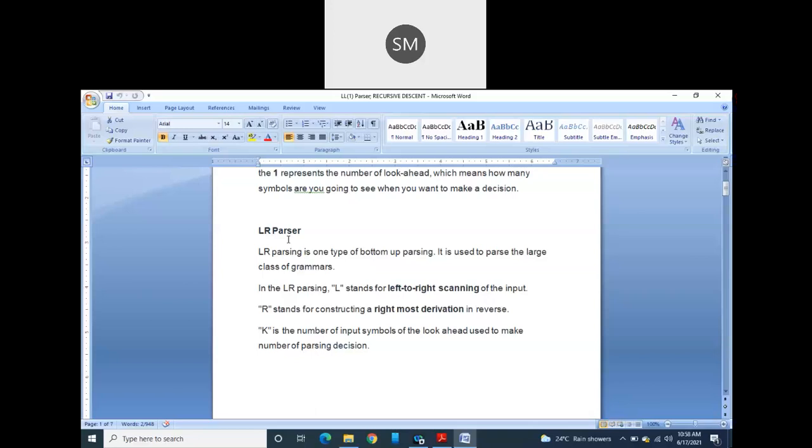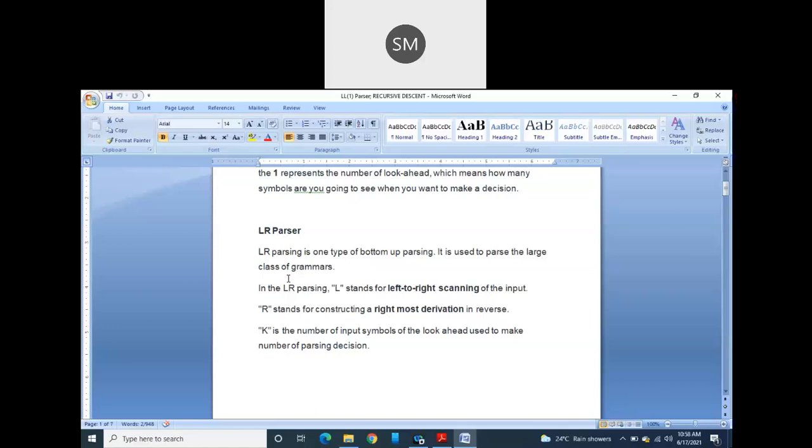Okay, so the second type of parsing or grammars is LR grammar or LR parser or LR parsing. The first L again tells you that you scan the input from left to right. So again associativity is from left to right. Then after that, capital R is there. This R is nothing but you perform rightmost derivation. So this LR parser is very much suitable for bottom up parsers.